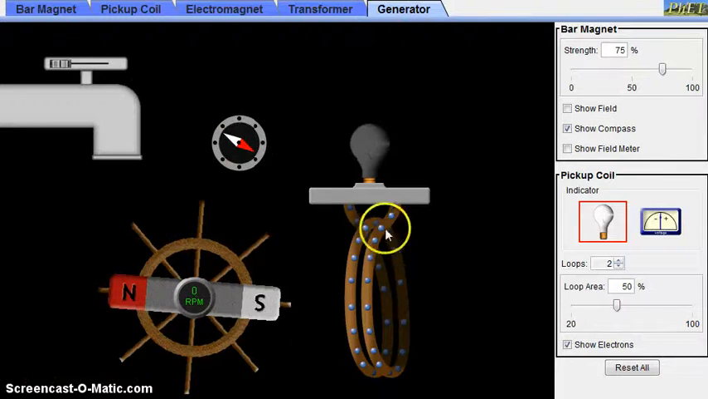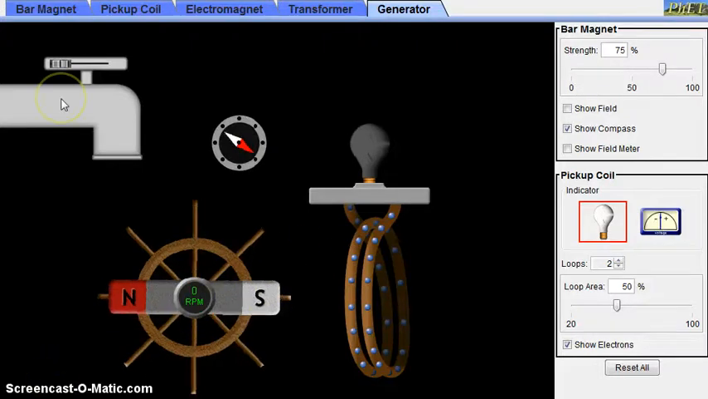So now I will show you the last way to create a change in magnetic flux inducing EMF. Currently there are 2 loops of wires and the strength of the magnet is now at 75%. If we rotate this loop in a constant magnetic field, we would induce EMF, but in this case we will rotate the magnet and it will produce the same effect. So let's get started and rotate the magnet